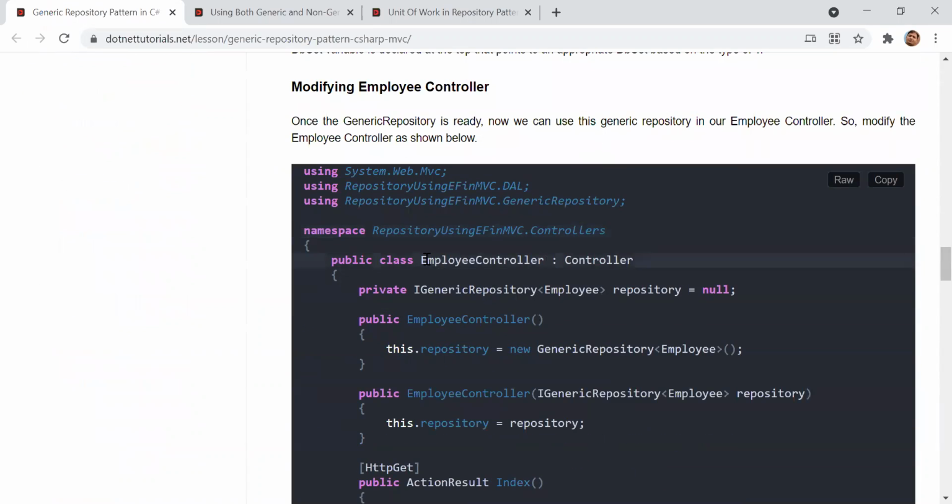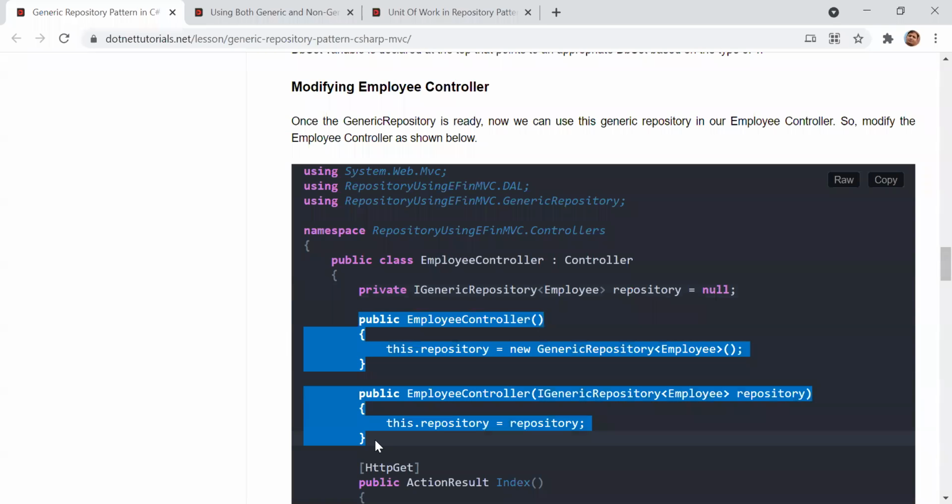Then you can implement it in the employee controller by inheriting your generic repository. This is lazy loading: when a request comes, then the object gets created. If I specify this line here, not in the constructor, then it will be eager loading. If I specify it inside the constructor, it will get called the first time a request comes for this controller, and then the object gets created.